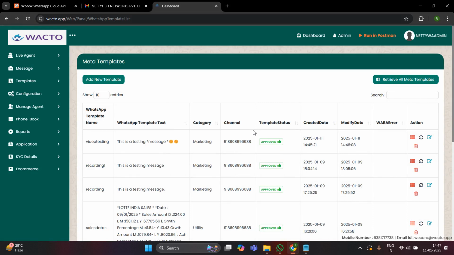So since the template is approved, now we just have to look for the second thing that we need for sending a bulk WhatsApp marketing message, which is basically the contact mobile numbers. We have to upload the contact list of whom we are going to send all this content. For doing that,